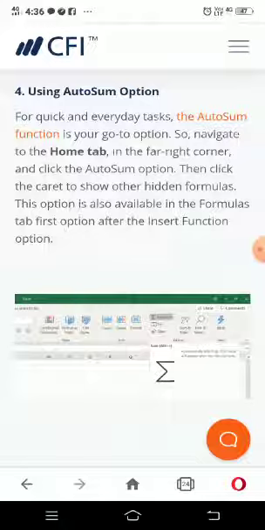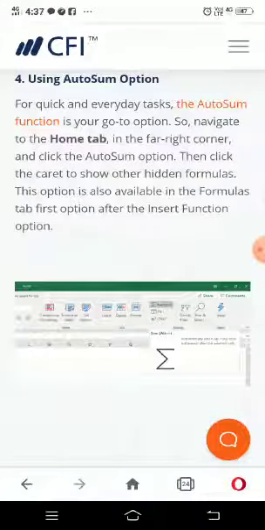Navigate to the Home tab, at the right corner, and click the AutoSum option. We will see in the right corner the sigma symbol that we call AutoSum. Then click on that AutoSum, and we will get an automatic sum operation on the selected cell.